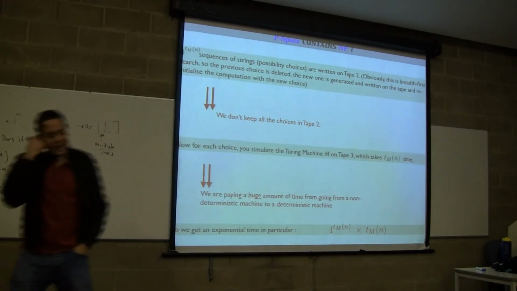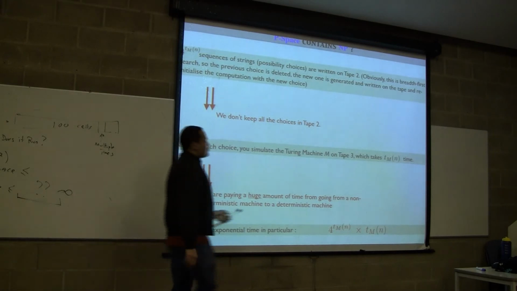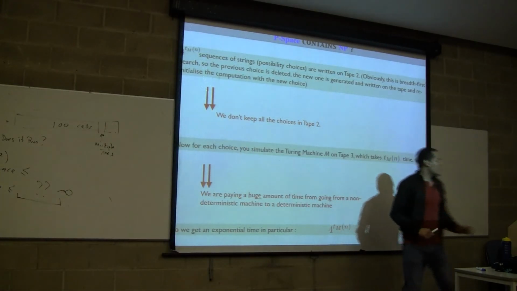So it seems to be the case that every time we have an NP problem, you have to do a huge search space, and the search space is just huge. I mean, it's really huge. And the question is, is there an efficient way to actually reduce this time? And that's where